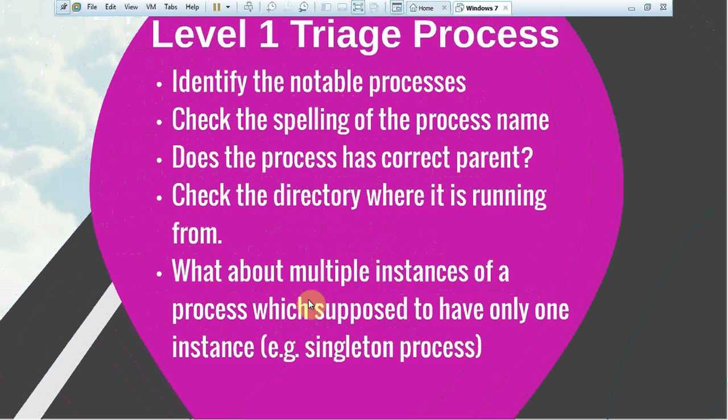So before we start, the term we call it level 1 triage process. This is mainly just to identify notable processes whatever you have in a system. When you are identifying notable processes, first of all, what you want to do is to check their spelling very carefully. It is a common practice among malware creators that they will create a process which will have a similar